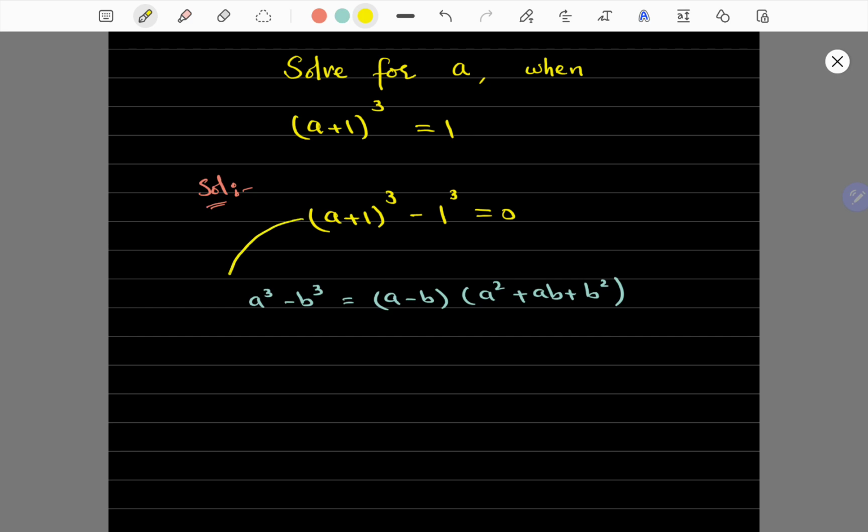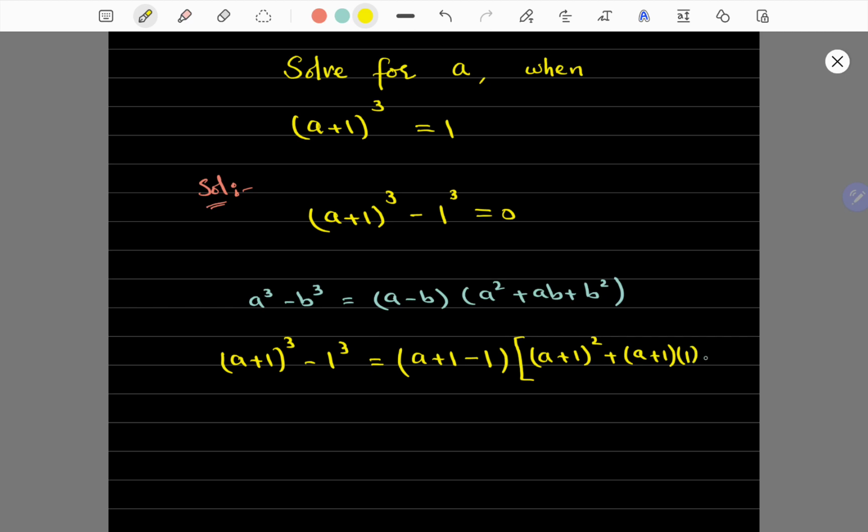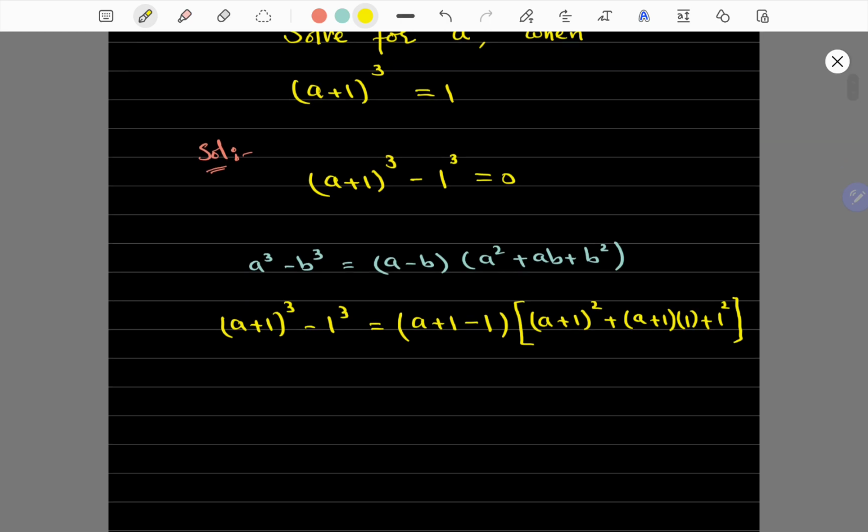So this equation will give us (a + 1)^3 - 1^3. This is equal to (a + 1 - 1) into (a + 1)^2 + (a + 1) into 1 + 1^2. This is equal to